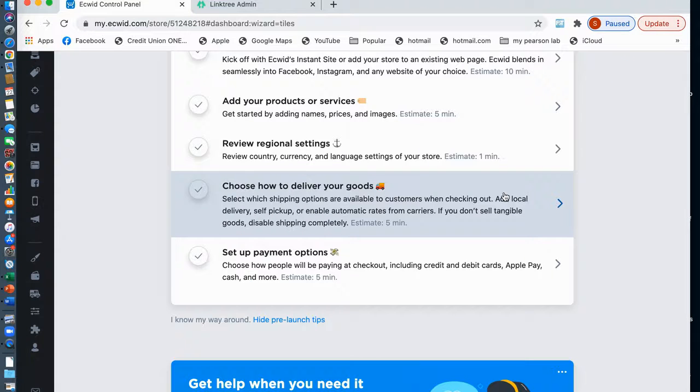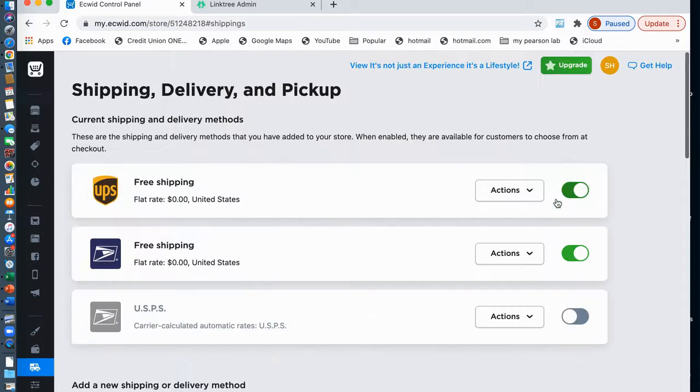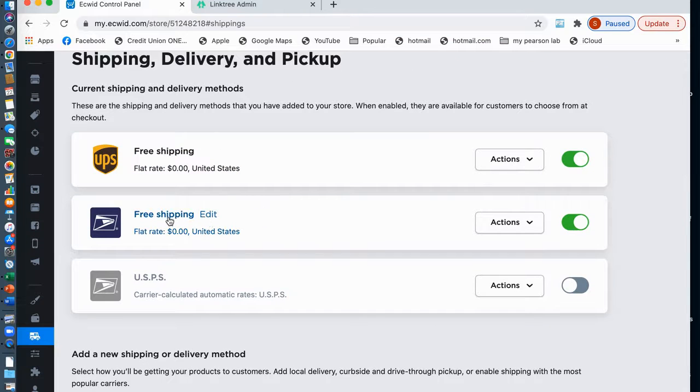Go down here and choose how to deliver your goods. Here it has shipping, delivery, and pickup. When you first click on here, you probably just see your free shipping and your USPS. Deactivate that one. I would go just with free shipping right now. That's how we're all setting them up. You can just click on it